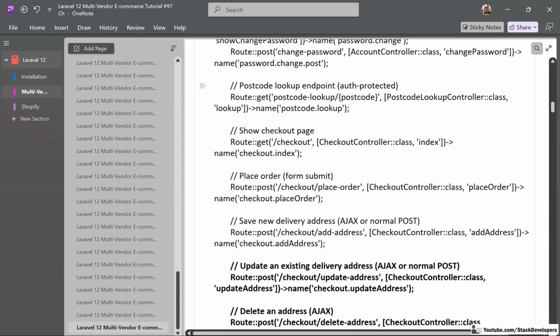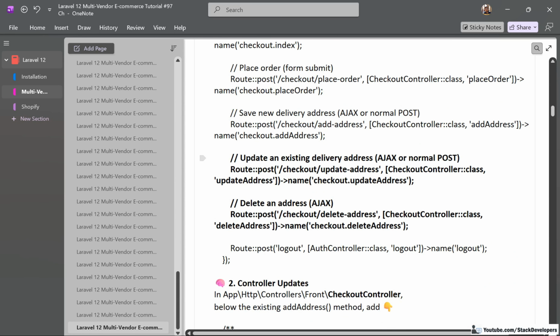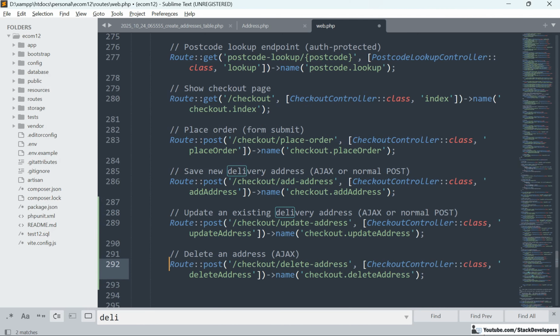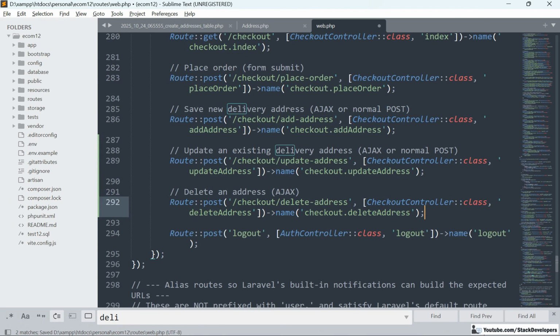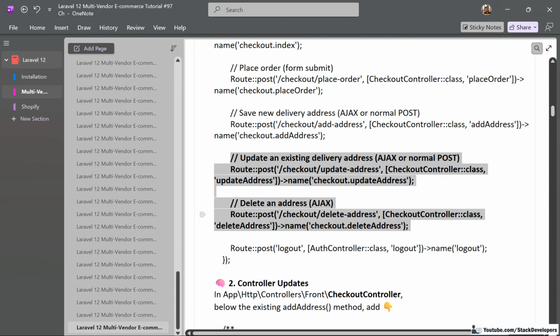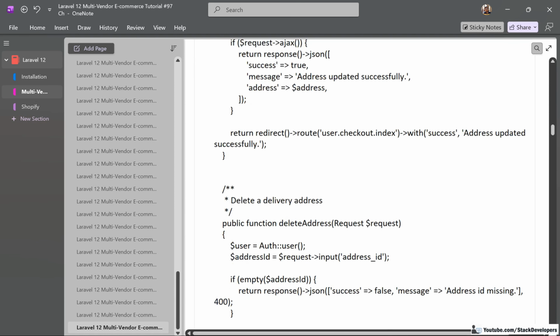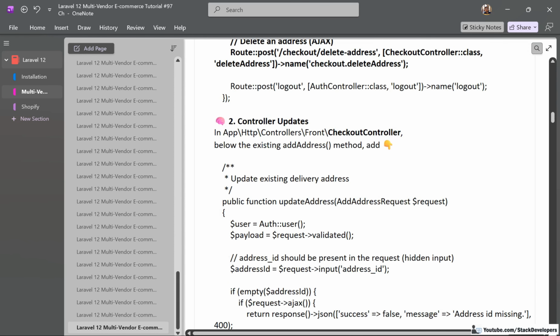Here you can see the route group will become like this. These are the routes that we are going to add after save new, after add delivery address. We are going to add the update delivery address route as well as the delete delivery address route. Okay, so after this we are going to add the update address function as well as the delete address function in the